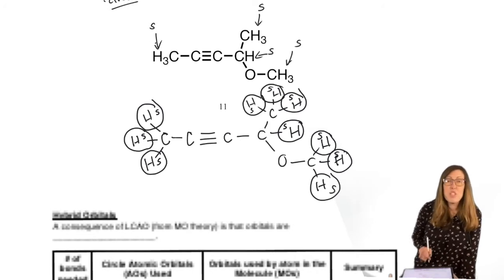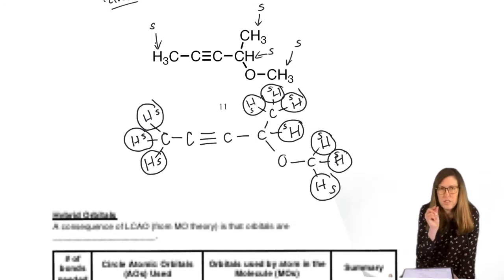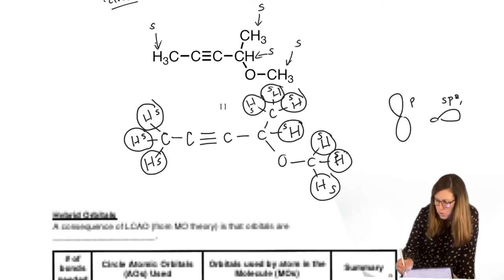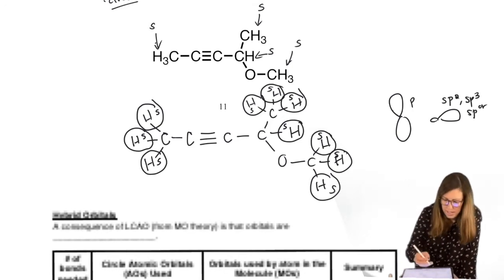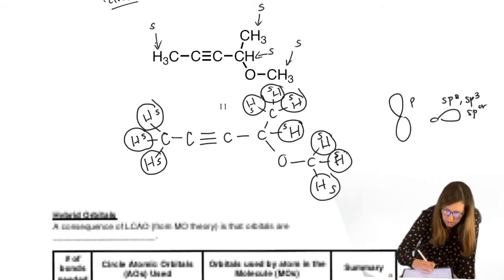Now, carbon's going to use a hybrid orbital. Hybrid orbitals look like a lopsided p orbital. We don't draw the other little tiny nub that was starting to get depleted. So remember, this is a p orbital, and this is a hybrid orbital: sp2, sp3, or sp. They all look like that. So we'll decide which one it is later, but we know that we're going to use a hybrid orbital to do our sigma bonds. So let's draw them in.